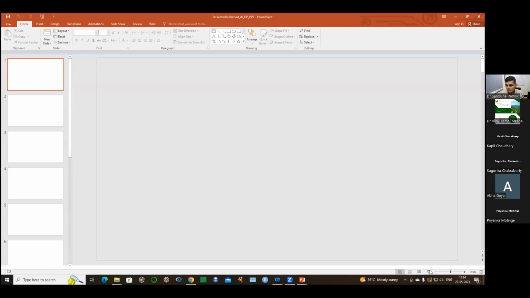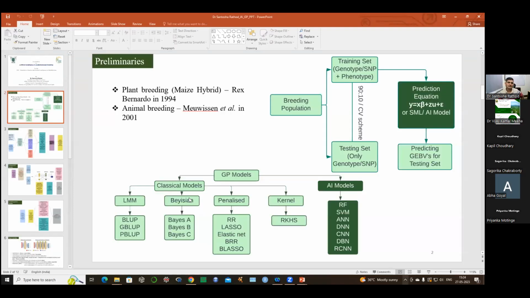Whatever I explained as of now was all for time series data. And suppose if you have a time series data set, then we can use this